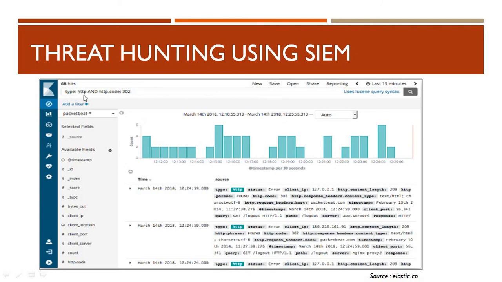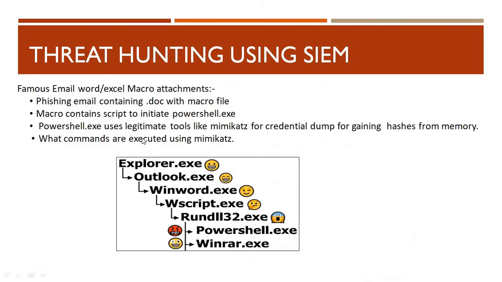So here you can type search queries based on your syntax, even if it is Elasticsearch, McAfee, ArcSight, or QRadar. You can just use a search query or logic wherein the parent process is something and the child process is something. This is a kind of abnormal behavior which an adversary uses in your environment.